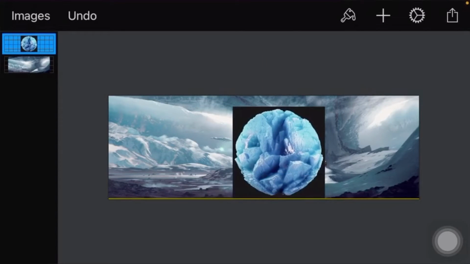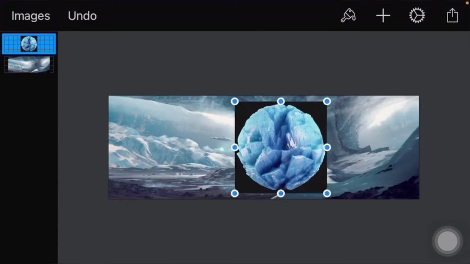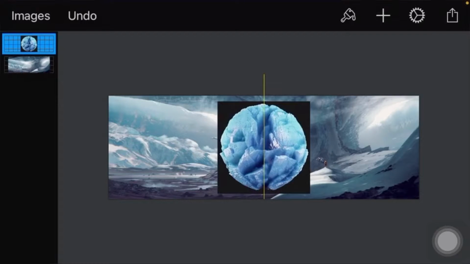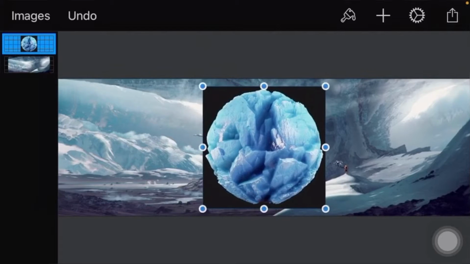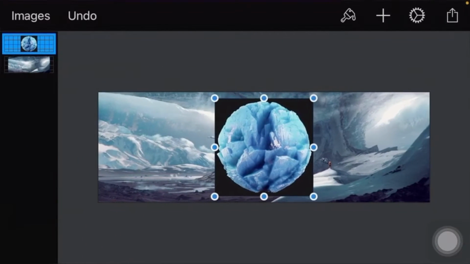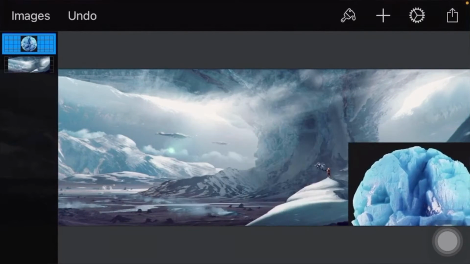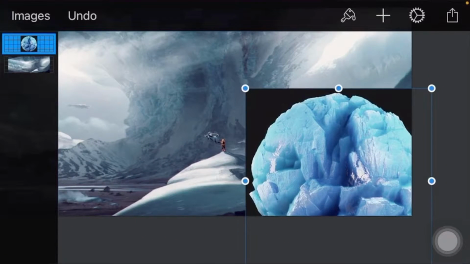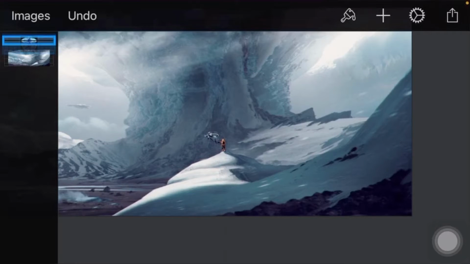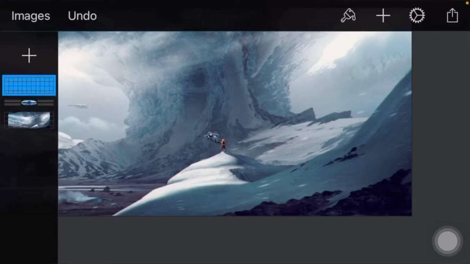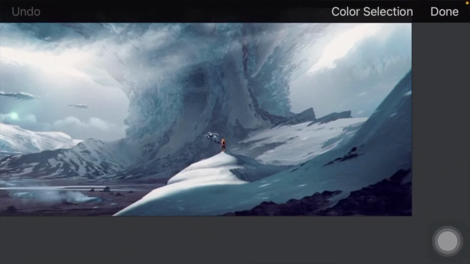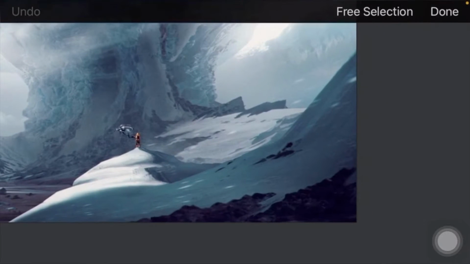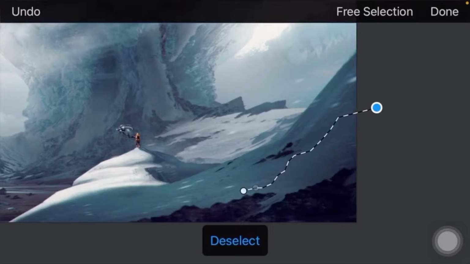But yeah, so I have this little thing right here. These are easy to find as well. Like I said, I'll be showing you guys how to find all this stuff when I'm done making it. So yeah, we're just gonna grab this, and I'm thinking of putting something maybe in the corner, like right here. So we're gonna move this thing to the corner, make it a little bit bigger, and we're gonna click hide, make a new layer, click on the paintbrush, select, and we're gonna do free select, and we're gonna click on the outside like that, and we're just gonna start tapping randomly to kind of make a rigid